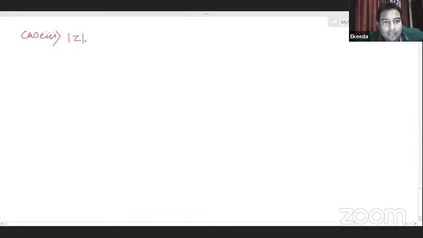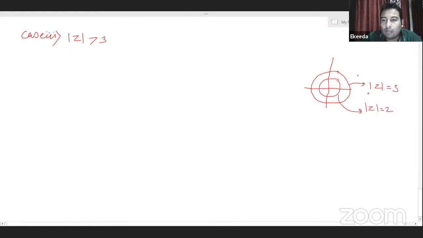That is mod z greater than 3. See here. Now for the last case, the point is lying outside both the circles. This is mod z equal to 3. This is mod z equal to 2. And this is mod z equal to 0. Now the point will be somewhere here, that is lying outside both. So f of z is equal to,